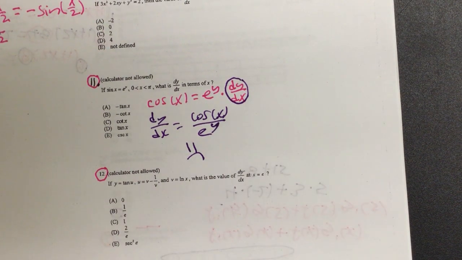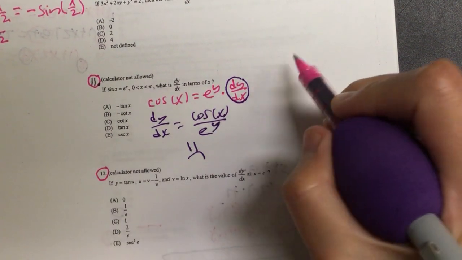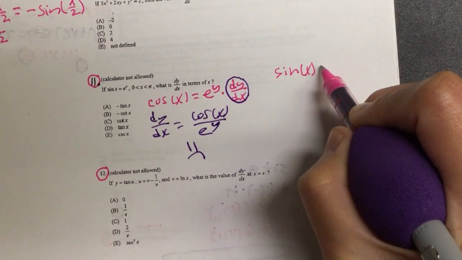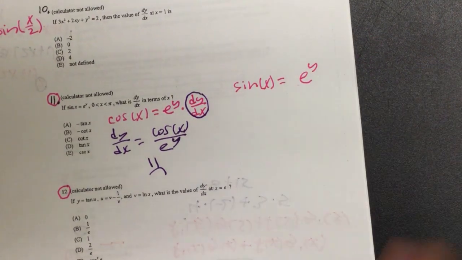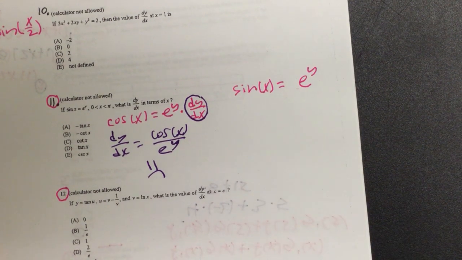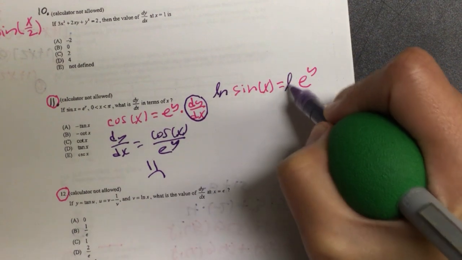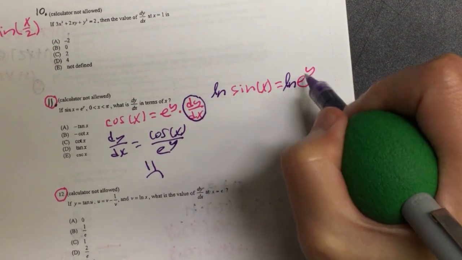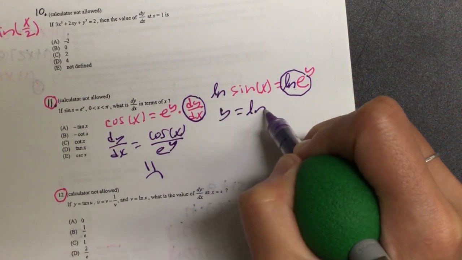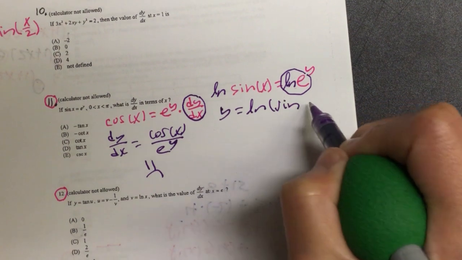So we have another way to actually solve for this. Let's write out the original on the side over here. And this is piggybacked back into the pre-cal days. I'm going to leave a space in front because I'm thinking ahead. I want to bring the y down as not a power, but as a base number. Y'all remember what we did to cancel out the e? Natural log on both sides. And when I do my natural log on both sides, that goes away. So we have y is equal to natural log of, well, I guess I'll put that in parentheses, sine